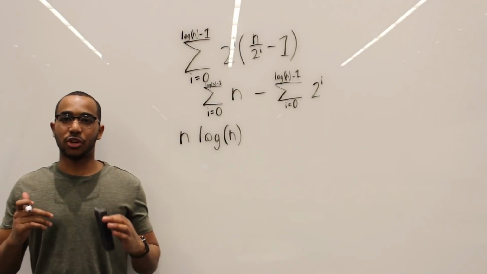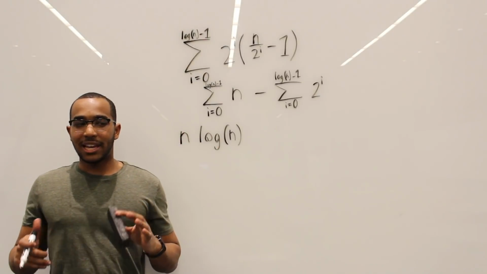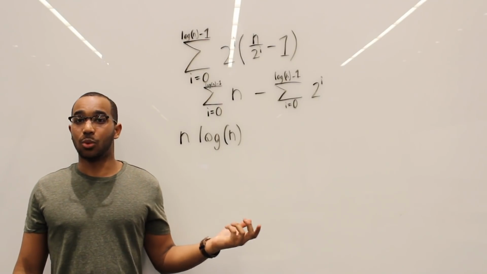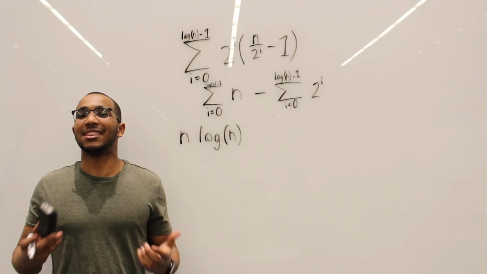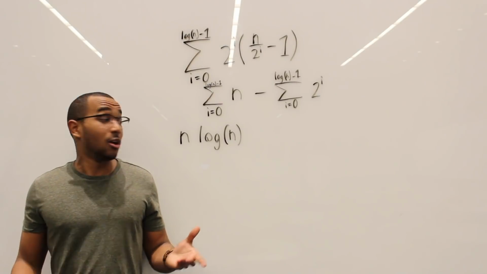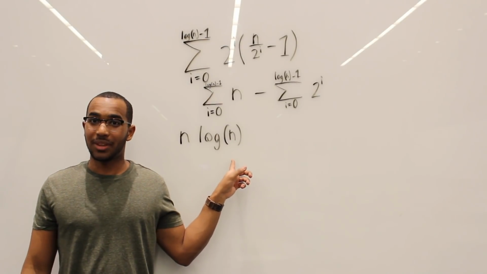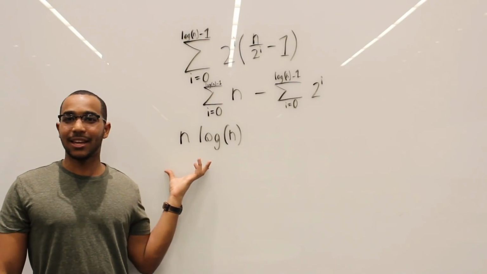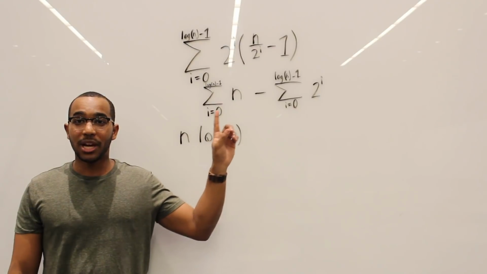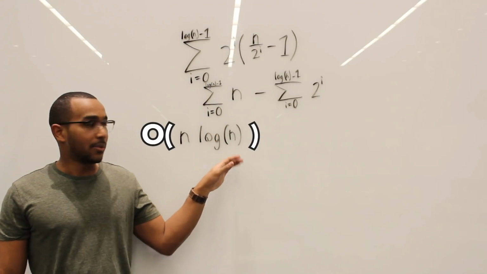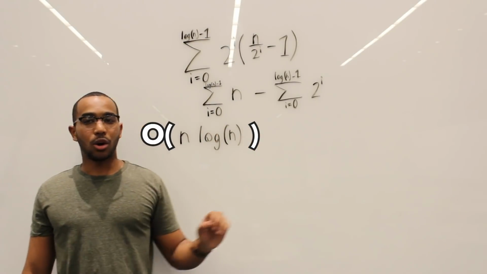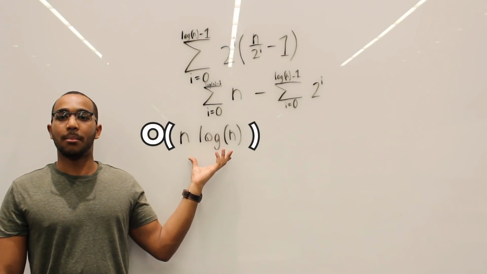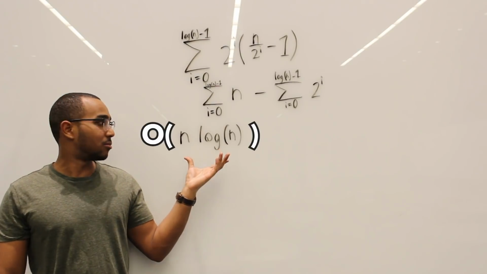And this is one of the magical moments when you're actually looking at this: all your life you were told that merge sort is n log n in the best, average, and worst case. But why is that the case? What's the real meaning behind it? Well, our highest order term in the worst case is n log n. That's it right here. This is the reason our big O upper bound is n log n. All of these other guys over here are going to be factors that get dominated by n log n. And this is why merge sort is n log n. It's right there. That's it.